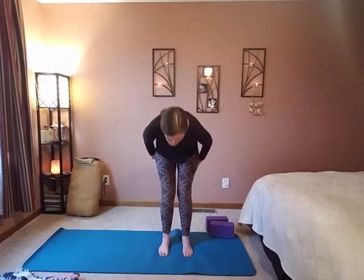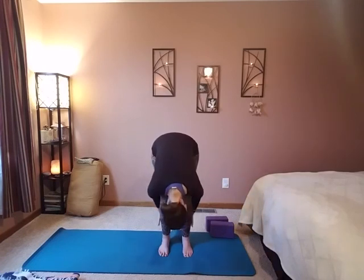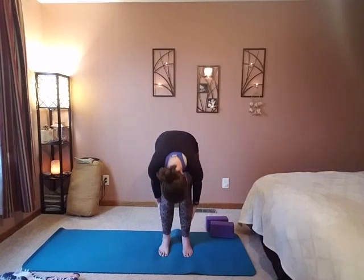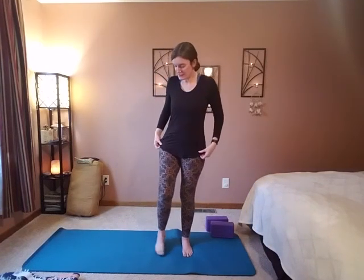This time down the back sides of your legs, and when you get to the bottom, we'll stay for a few breaths. Just let your head go. Maybe shake it a few times no, a few times yes. Inhale, coming back up. Let's step your feet nice and wide here,